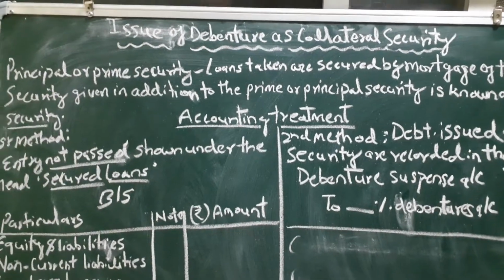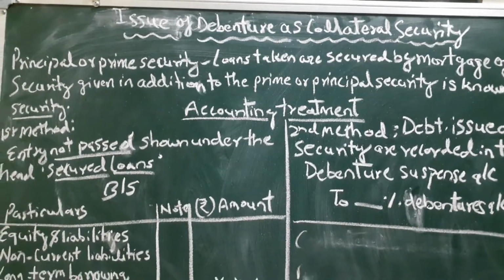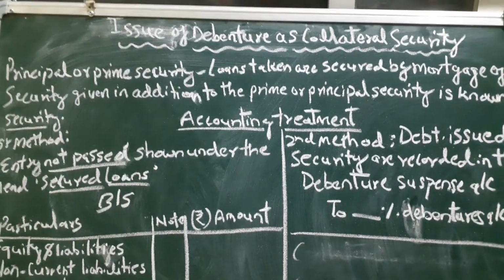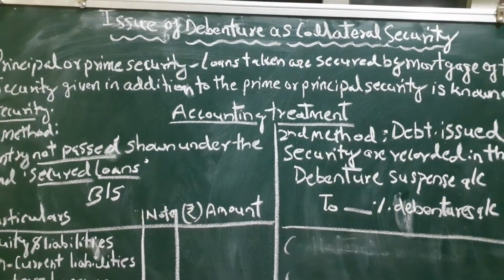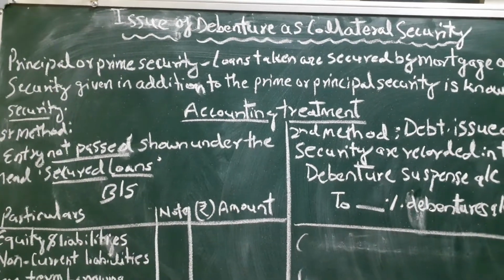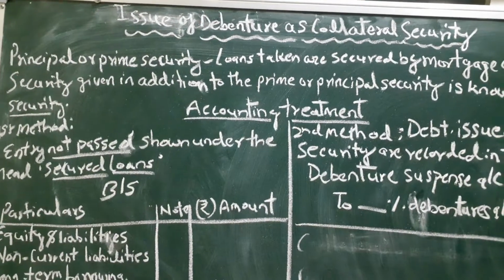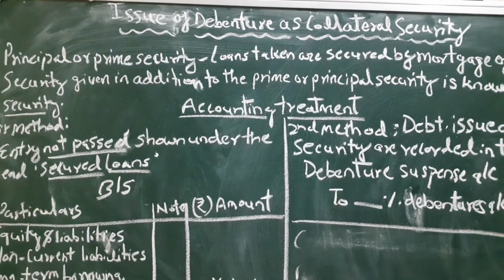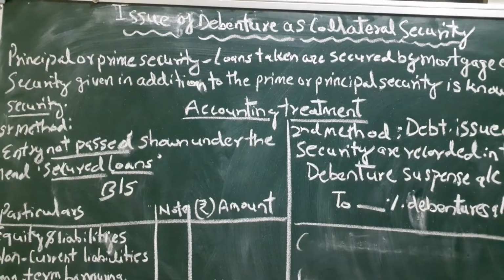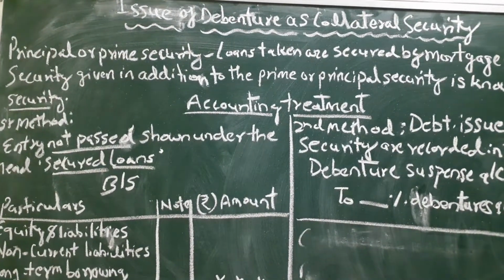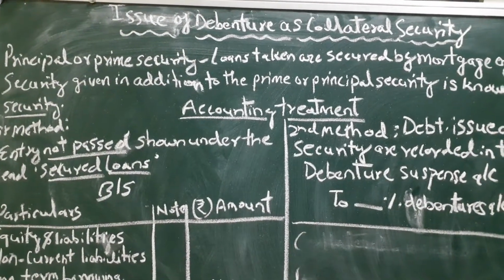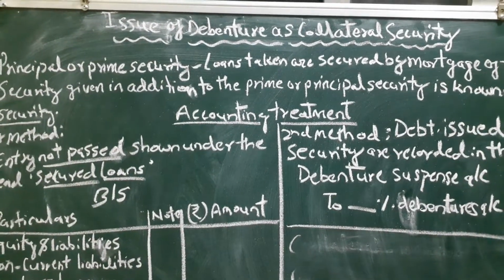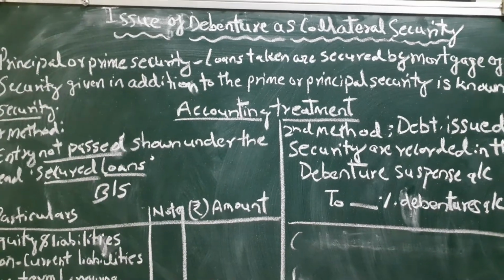Today we will be discussing the third mode of issue of debentures. Earlier, two methods we have gone through. The first one was issue of debenture against cash or bank. Second was issue of debenture other than cash. That means where you are not receiving any cash or bank check, I mean that we used to issue those debentures to vendors. This third one, in this video we have taken up, is issue of debenture